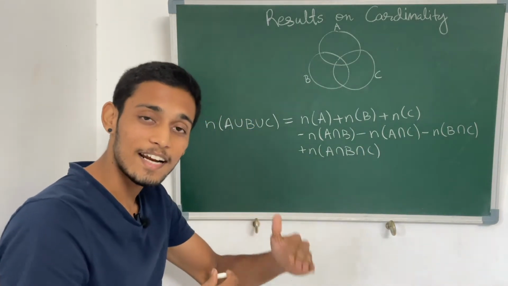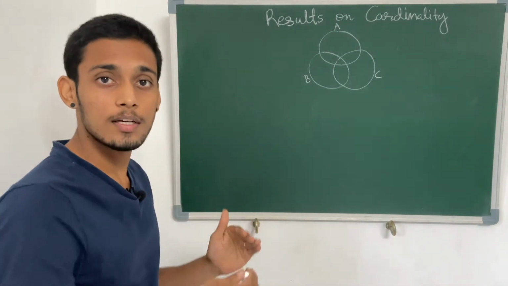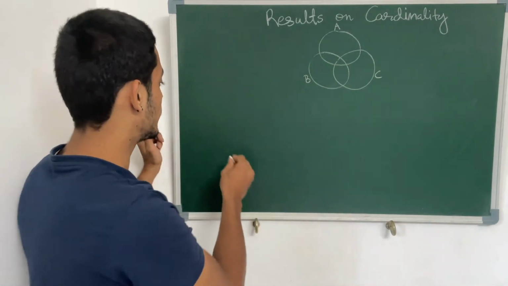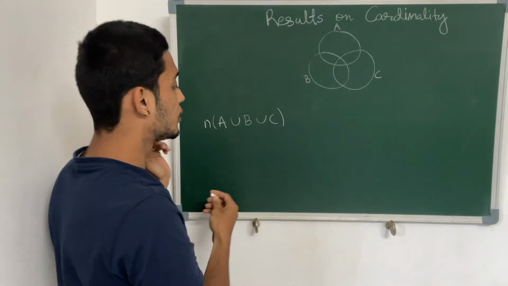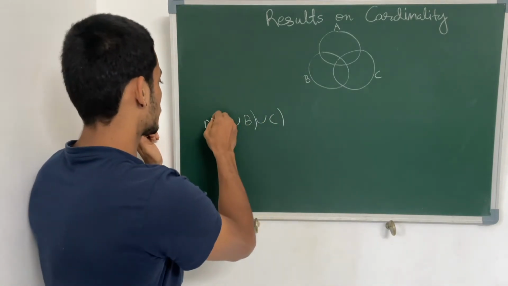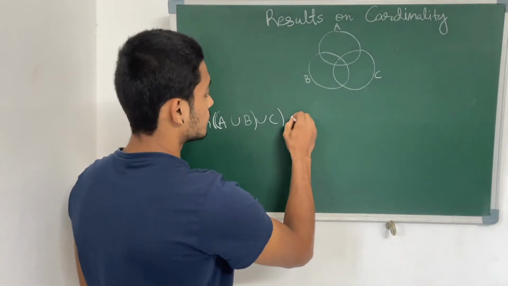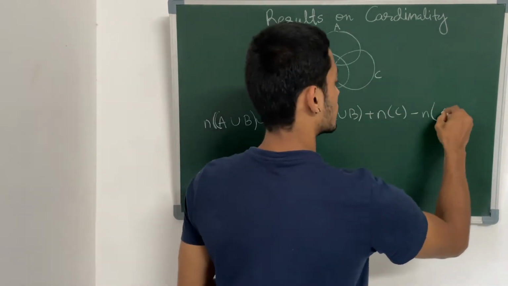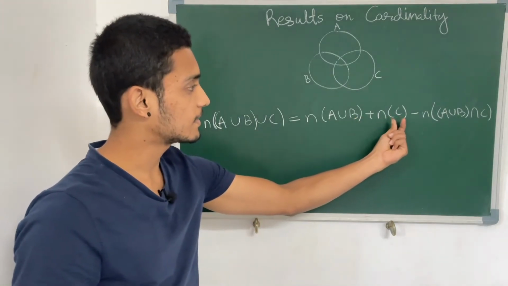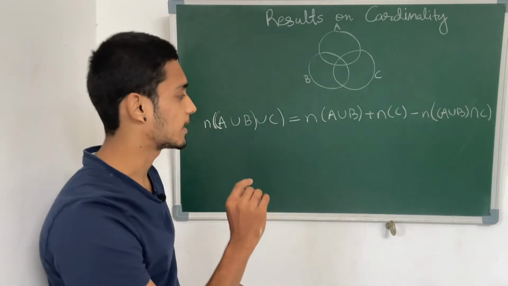Now let us try to derive this from the associative rule. So we know the associative rule. We are grouping one side and then we are going to do the union with the third set. So let us try it. We are going to group A union B, consider it as one set. Now we learned already for 2 sets how to get the cardinality. So we have applied the formula for 2 sets, that is first set, second set, and then their intersecting elements we have removed. So this is from the first result that we had gotten.